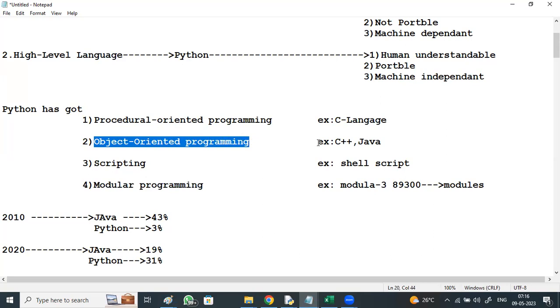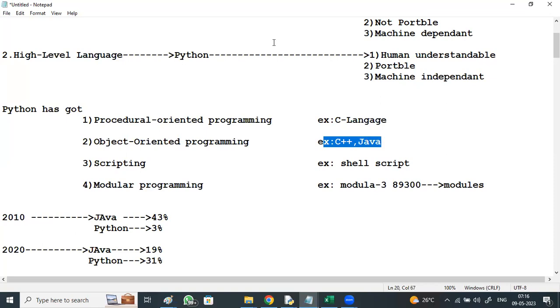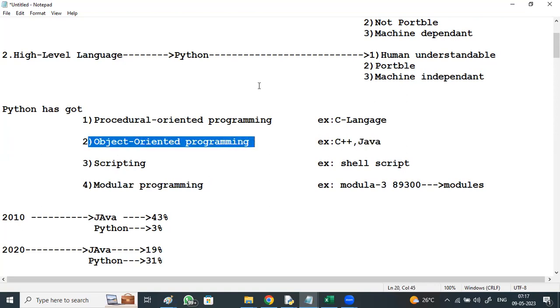Just like C++ and Java, in Python also we can go with object-oriented programming, without object-oriented, with procedural-oriented, and modular programming, right? But in Java, the developers are strictly restricted to use only object-oriented programming. Without this, we cannot write a Java program or an application.